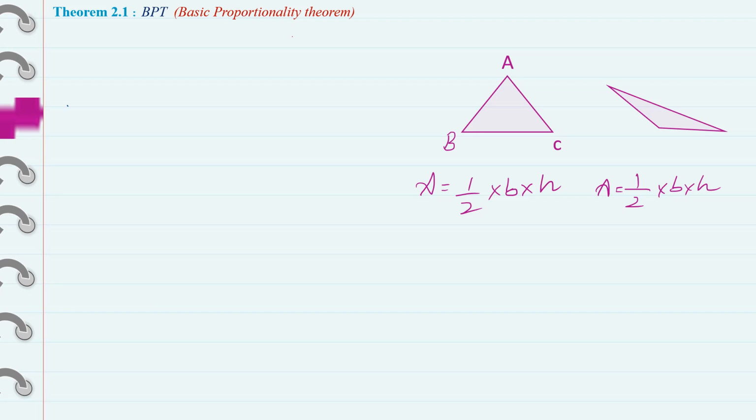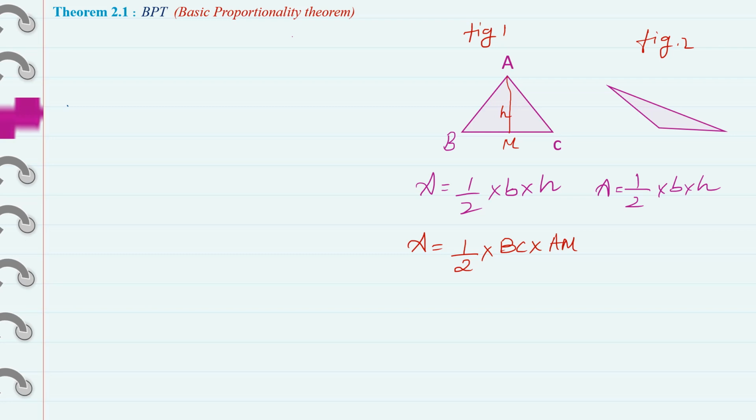Next step is construction. Before going to the construction, let us have a small recap on area of triangle. Okay, so we have two figures, that is figure number 1 and figure number 2. How to find the area of triangle ABC of the figure number 1? So area of triangle is half into base into height. So half into base, base is BC. How to find the height? We have to take any of the vertices, that I'll take A and draw a perpendicular line to the BC, okay. Then name it as M. So AM represents the height of the triangle.